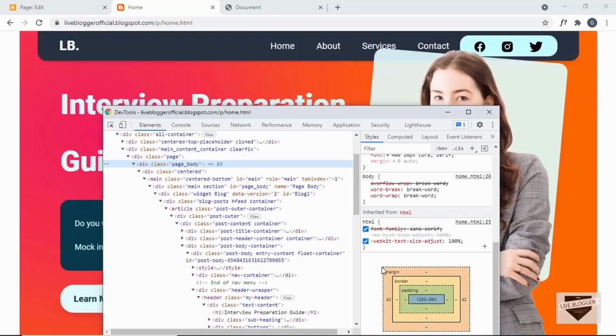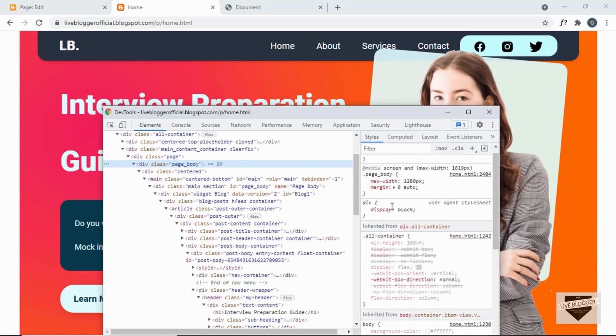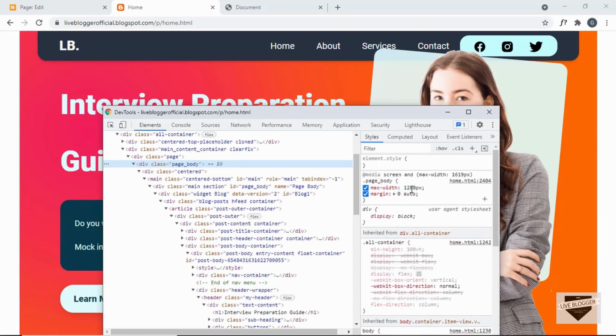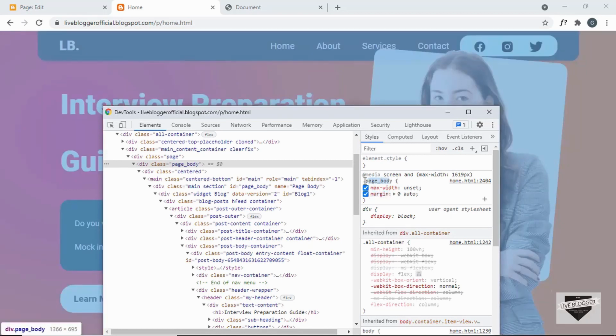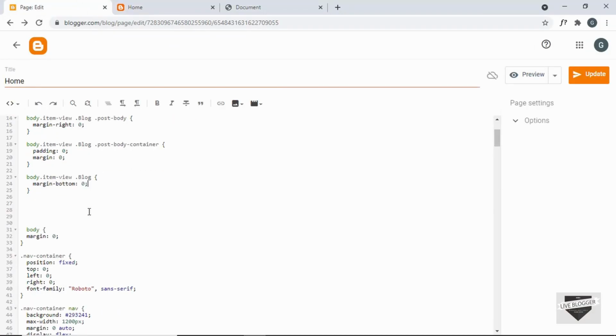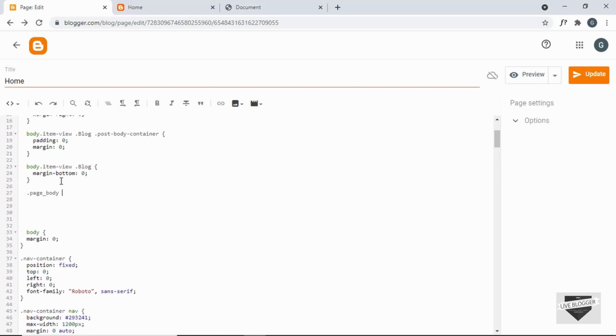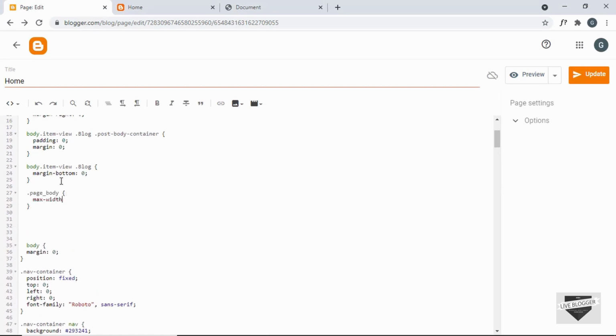Let's go to the page body, and here we can see we have some margin, and if you scroll up we can see that it has a max width of 1280 pixels. So that's why we have the margin on the ends. So we have to set the max width of the page body to 100%, or we can just unset it. So let's copy this page body selector, and let's go back and paste it over here, and here we'll just type max width and we'll just unset it. Alright, now let's update this and let's see whether we have any problems,